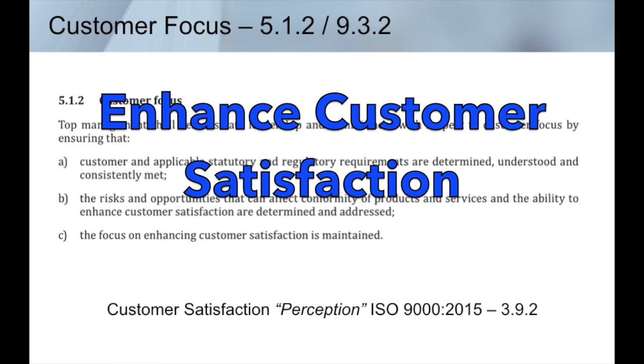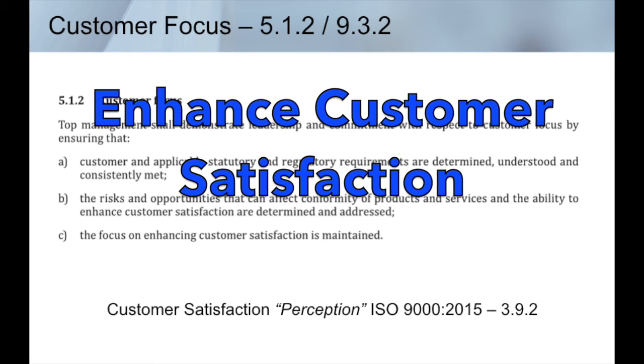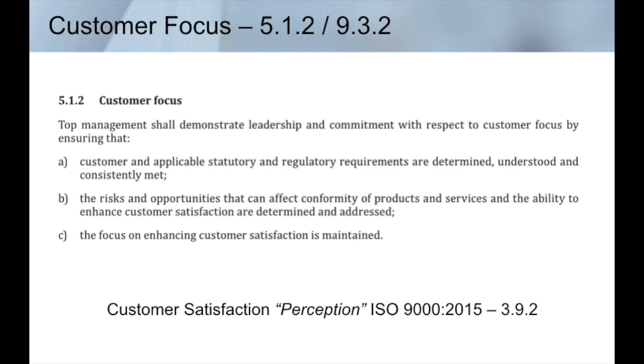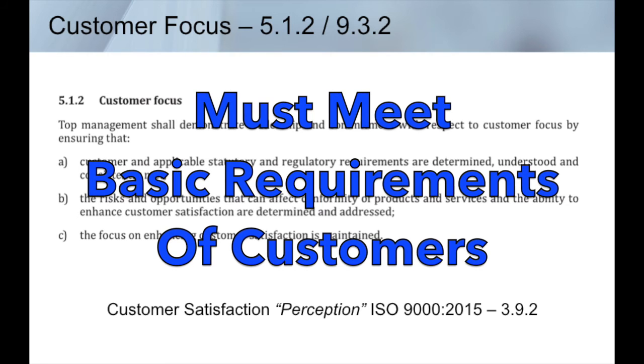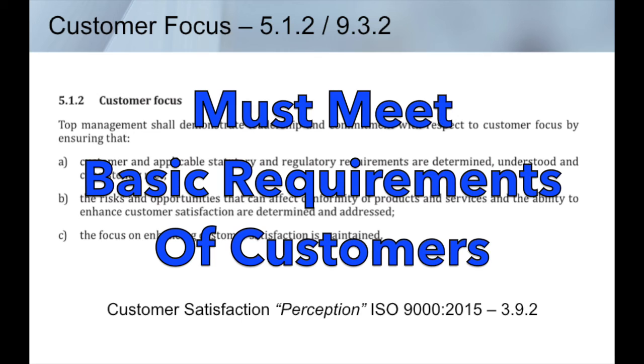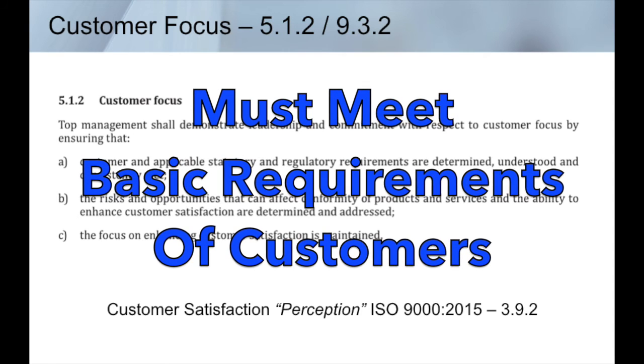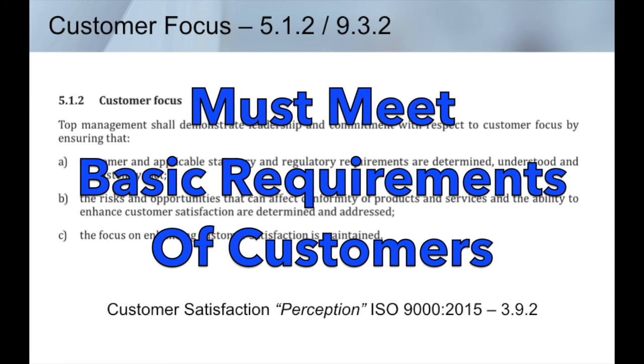The focus must be on enhancing customer satisfaction. However, nothing will replace meeting the customer's basic requirements, nor should organizations find themselves in a position of having to offer something free or rebates or discounts to make up for the fact that they are not meeting the customer's